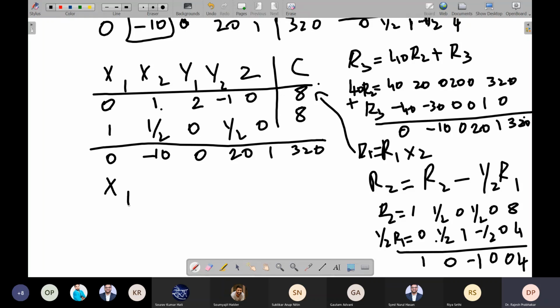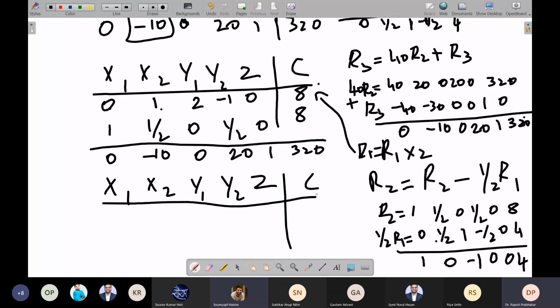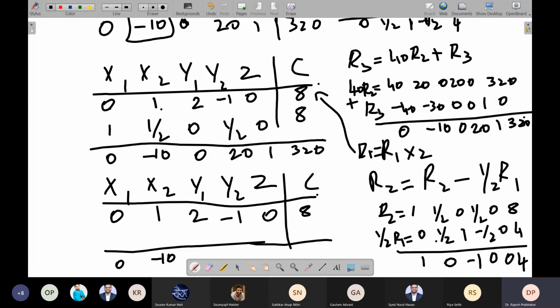Sir, I have a doubt. One second, I'll clarify. Let me write the tableau and then I can answer it. So R1 remains same, 0, 1, 2, minus 1, 0, 8. The last row remains the same, which is 0, minus 10, 0, 20, 1 and 320.